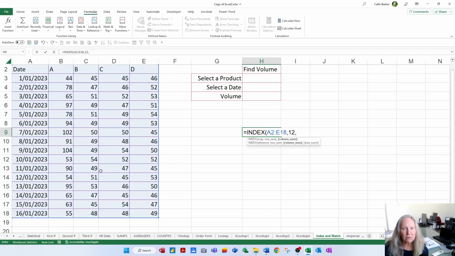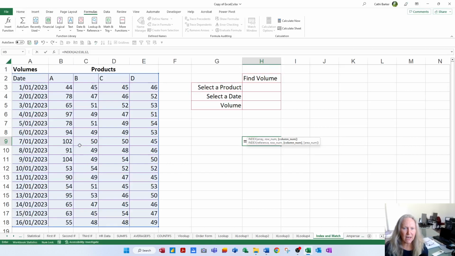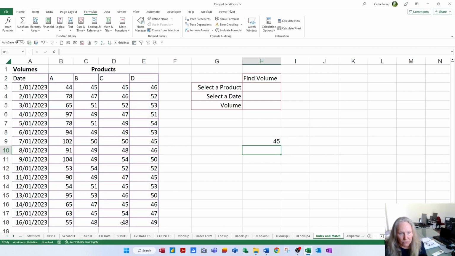Then it says what column do you want? Well, I want product A, or say D. So that means I want column 1, 2, 3, 4, 5. So all you do is say, this is my range, A2 to E18. I want what's in row 12 and column 5. And so when it does that, row 12,